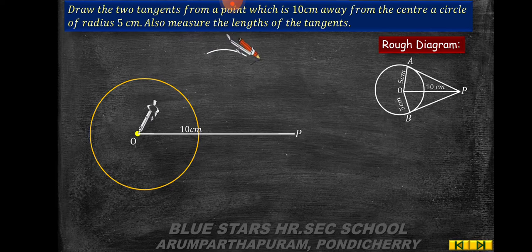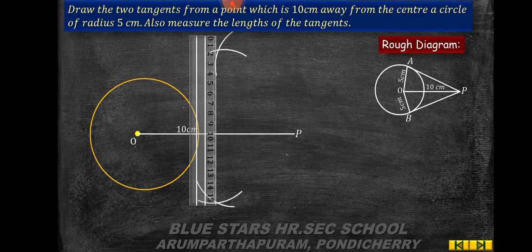Above OP and below OP you have to draw an arc, placing the compass at the point O. Similarly place the compass at the point P and draw an arc above and below the line OP. Now the two arcs intersect. Then you get a perpendicular bisector, then draw the line between the two arcs.